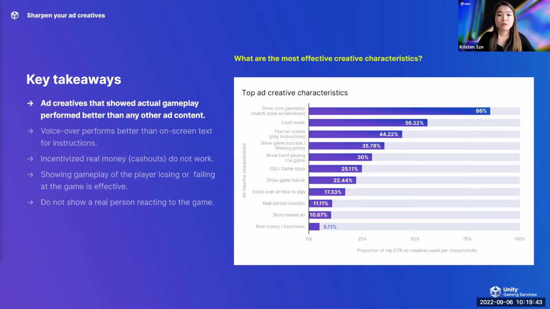And it is widely adopted by 86% of advertising games across all genres. It is associated with higher click-through rate as well as conversion rate because users don't feel that the advertisement is sort of like a bait and switch. If you are advertising a mid-core or hardcore game, it is even better if you show things like power-ups and upgrades along with your core gameplay to engage your target audience.